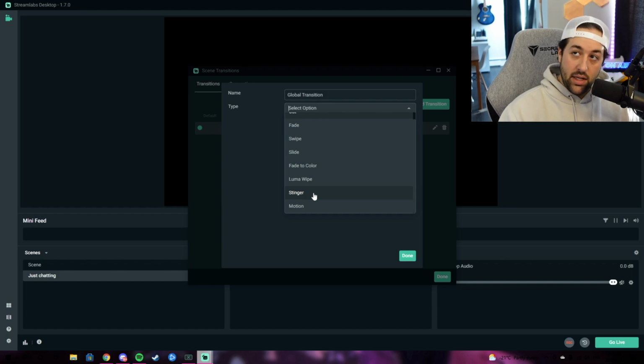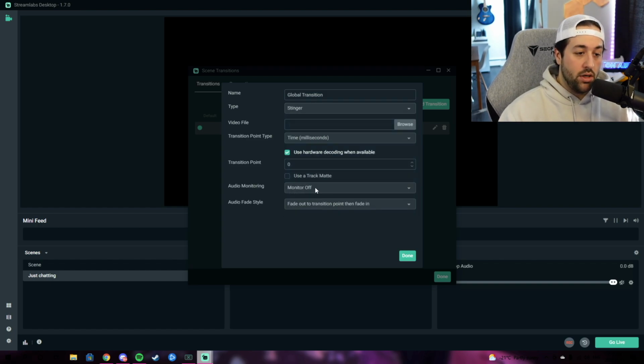What stinger means is actually the one you want to use if you want to put your own custom stinger transition in here. So for me, for example, when I change scenes in my stream, there's a little transition that comes up with my logo and hexagons, and it's all that kind of fancy stuff that I have no clue how to make myself. That being said, if you are able to, or if you want to pay someone to do it for you, perfect. You just come in here, you hit the browse button, you find the file on your computer,